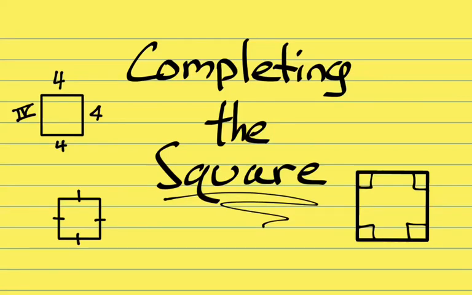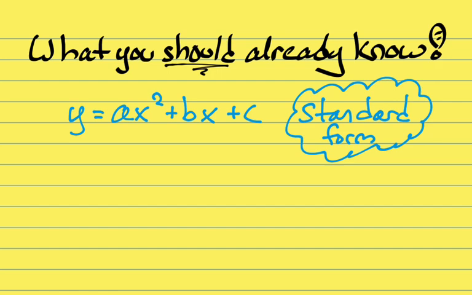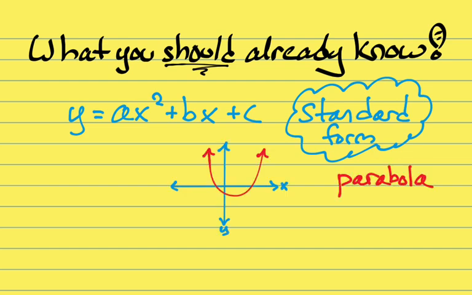This video will explore and discuss the algebraic process of completing the square. Here's what you should already know before we get into it. This equation is called standard form. It's the main form that all quadratic equations are written in because it has an x to the power of 2. If you were to graph it on a coordinate plane, it would make a shape called a parabola,